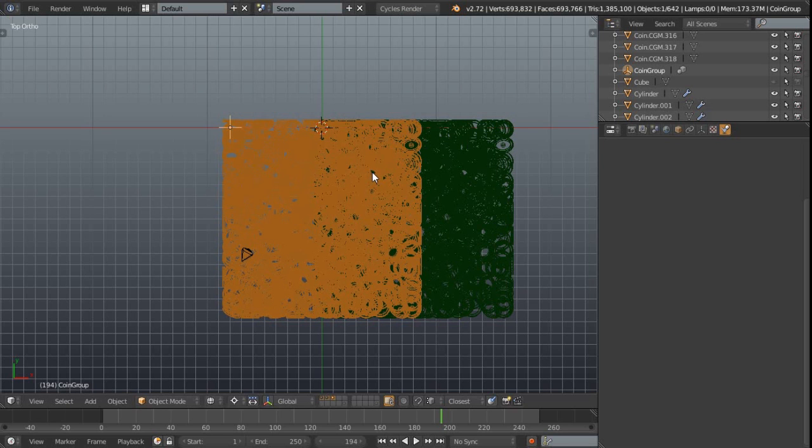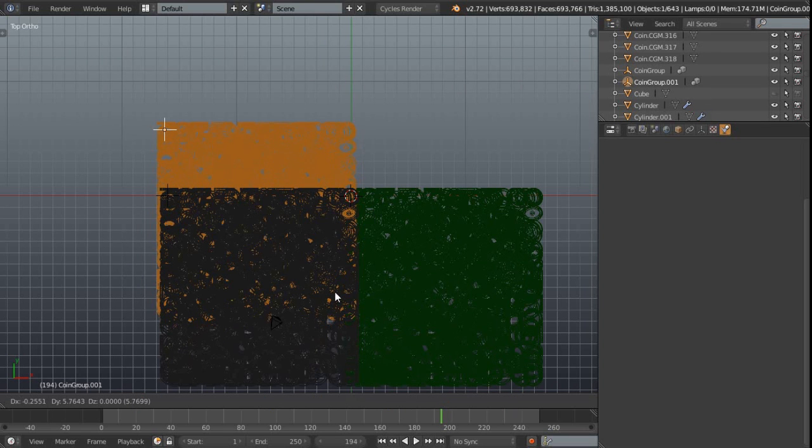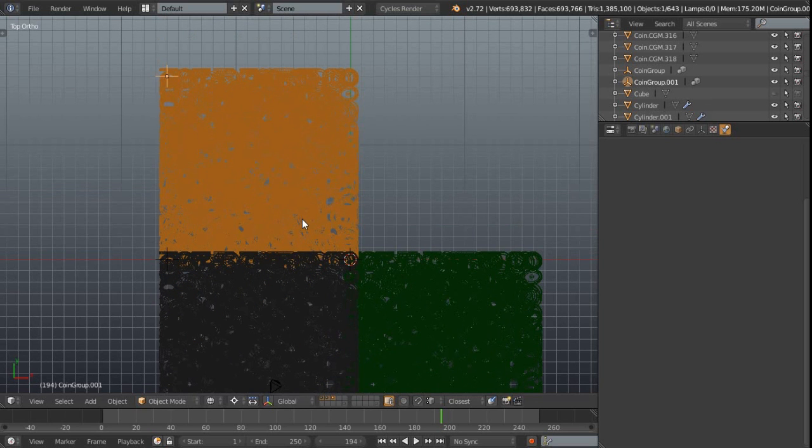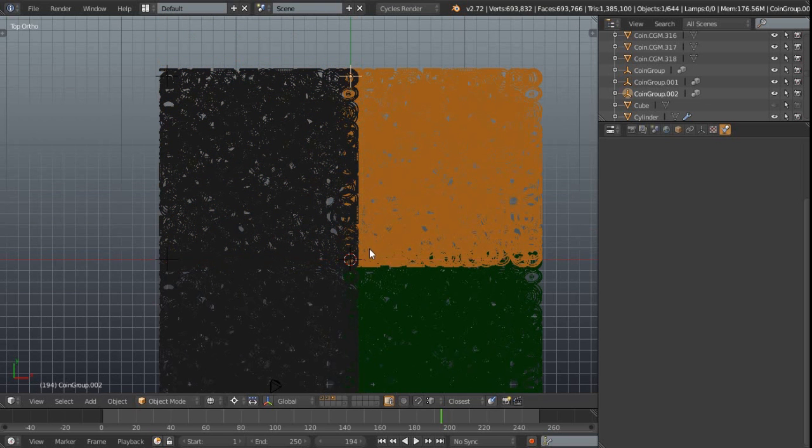In fact, we need it to be -16 from there. G X -8 again, and then let's duplicate that with Alt D, and then we want to go G and then Y 16. Duplicate again with Alt D, which is instancing really. G, X, and then 16. And then we have